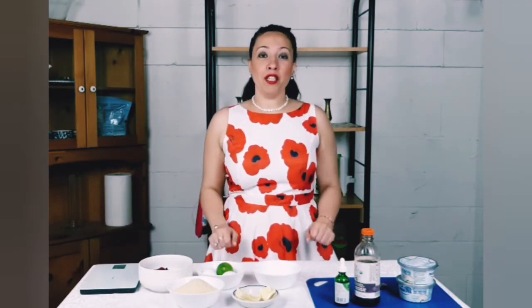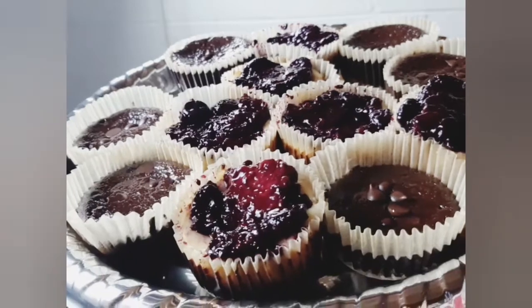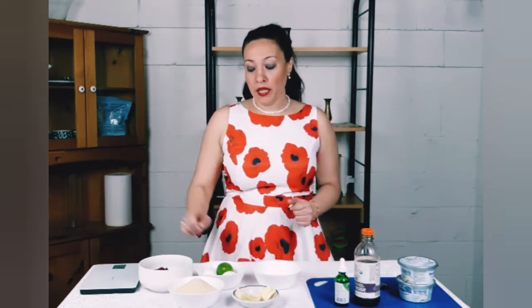Hi everyone, today I'm dressing up to cook up mini cheesecakes. This is a simple recipe and the ingredients for the recipe will be: first, for the crust we will need